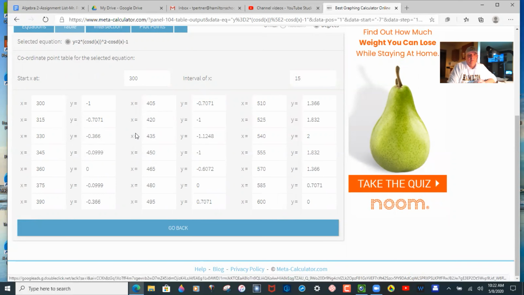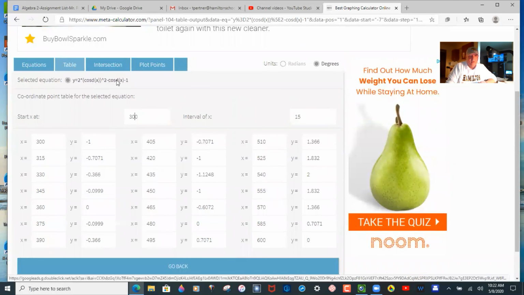So that's how you can use the Meta calculator. You need to do those steps exactly and realize that the D is just degree mode there. It's really weird that it shows that, but it does. But you can use the Meta calculator to graph and to look on a table. And that's it. So you can now work on